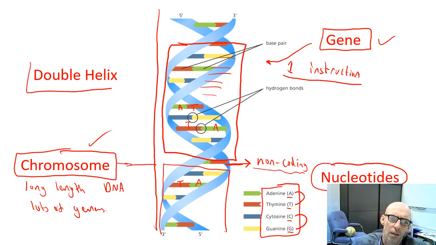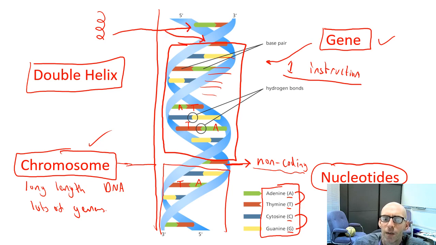The idea of a double helix is probably the easiest bit on the page. A helix is a spiral shape. If you look here, look at the two blue lines. There's a helix and there's a helix, and they wind around each other with the chemicals going in between. So here are two nucleotides joined together by this section of the helix. That's why it's a double helix. It's two spirals with the nucleotides joining them together.